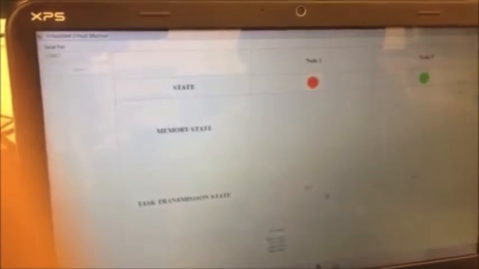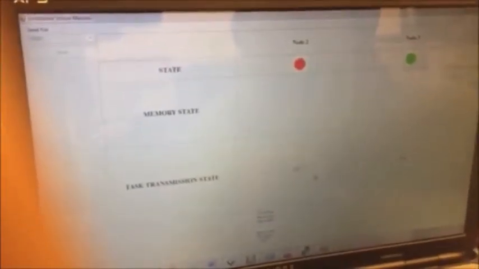Now you see that it detected that the node has died. So now it will start finding the next alive node. Now you can see that node 3 went into task. It's getting the task parameters from node 1. Now it's getting the function names. Node 1 is transmitting the function code to node 3. So it's sending the task now, the initial task.